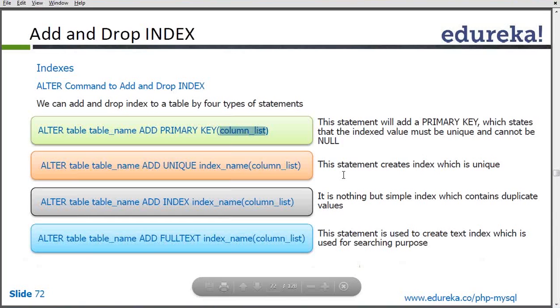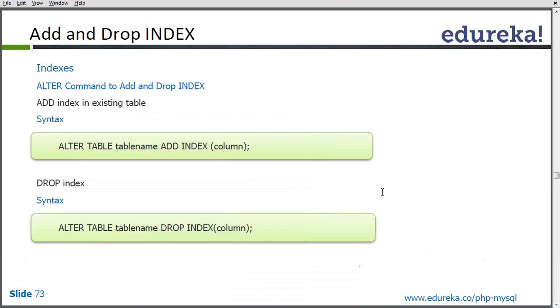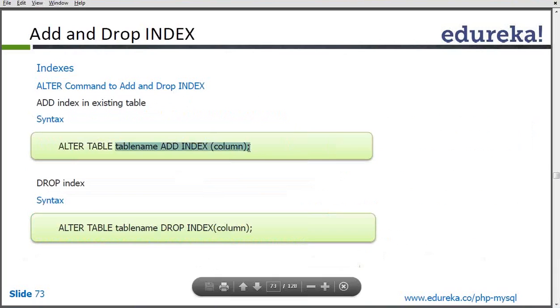So here you can see add primary key, add unique key, add simple index, add full text index. So these are four kinds of indexes that we can add using that command. Here you can see alter table name, add index, your column. You can not only add the index, you can drop the index as well. For example, I want to drop